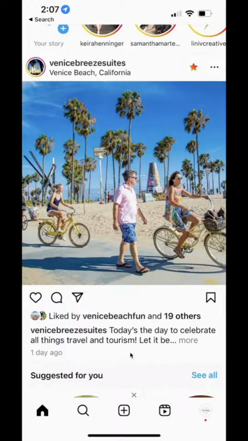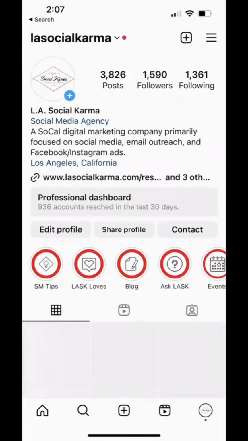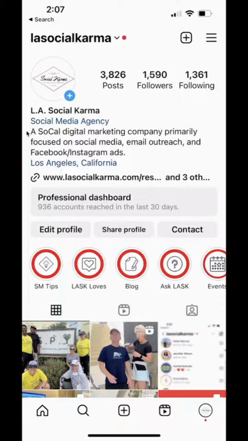So, did you know you could schedule reels on Instagram now? What you want to do is click on your profile picture. This is on the mobile app, so you want to click on your profile picture in the bottom right hand corner. Click. And then once you get to your main page, you'll click on these three little lines up here,